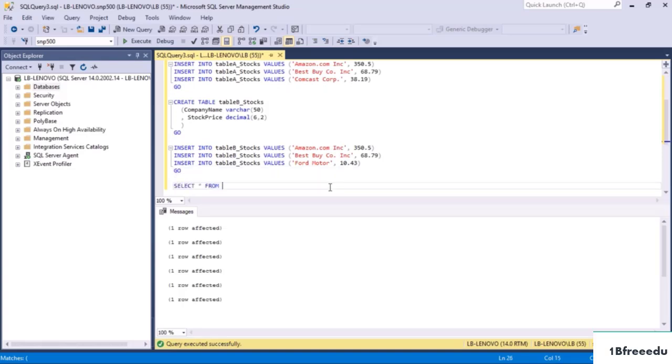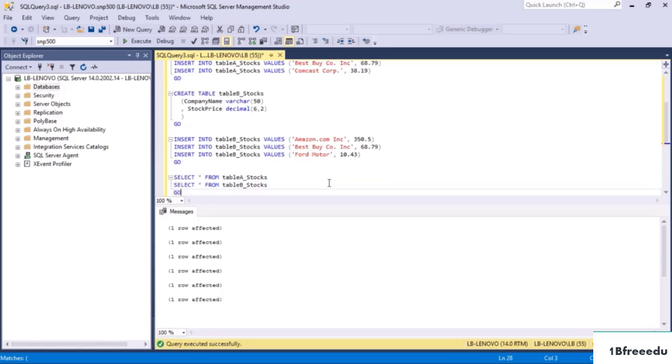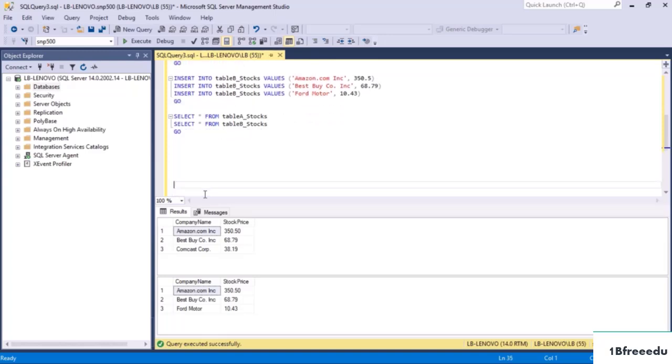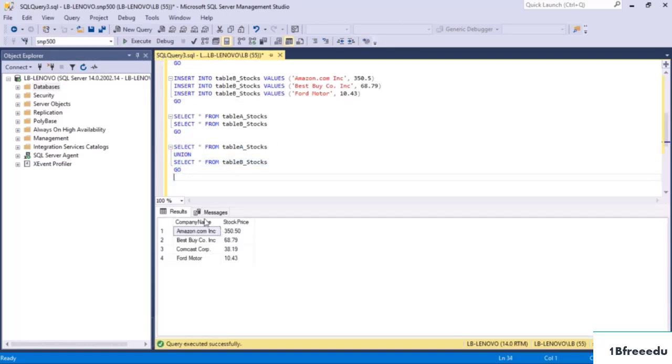With the 2 select statements, we check if the tables were filled with the data as expected. The 2 select queries are executed in one batch, so the result window shows 2 outcomes simultaneously. This is convenient when you want to compare 2 data sets. Now we will take these 2 select statements and combine them with the union statement. As a result, we will get a table where all distinct rows from Table A and Table B are united